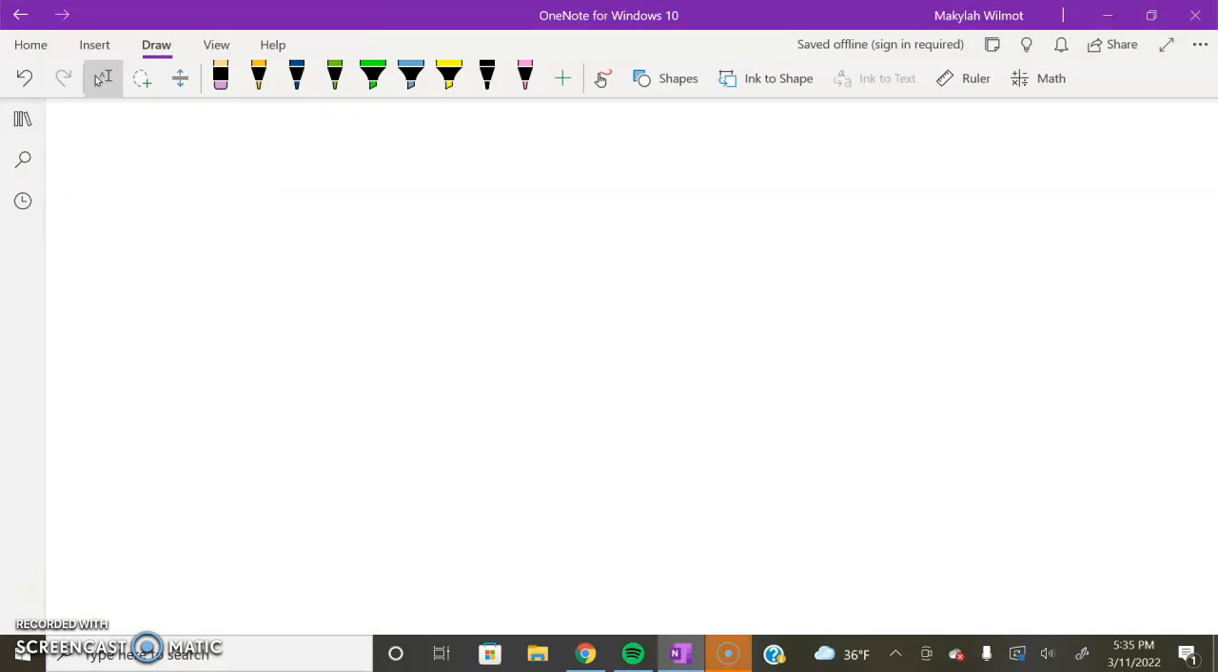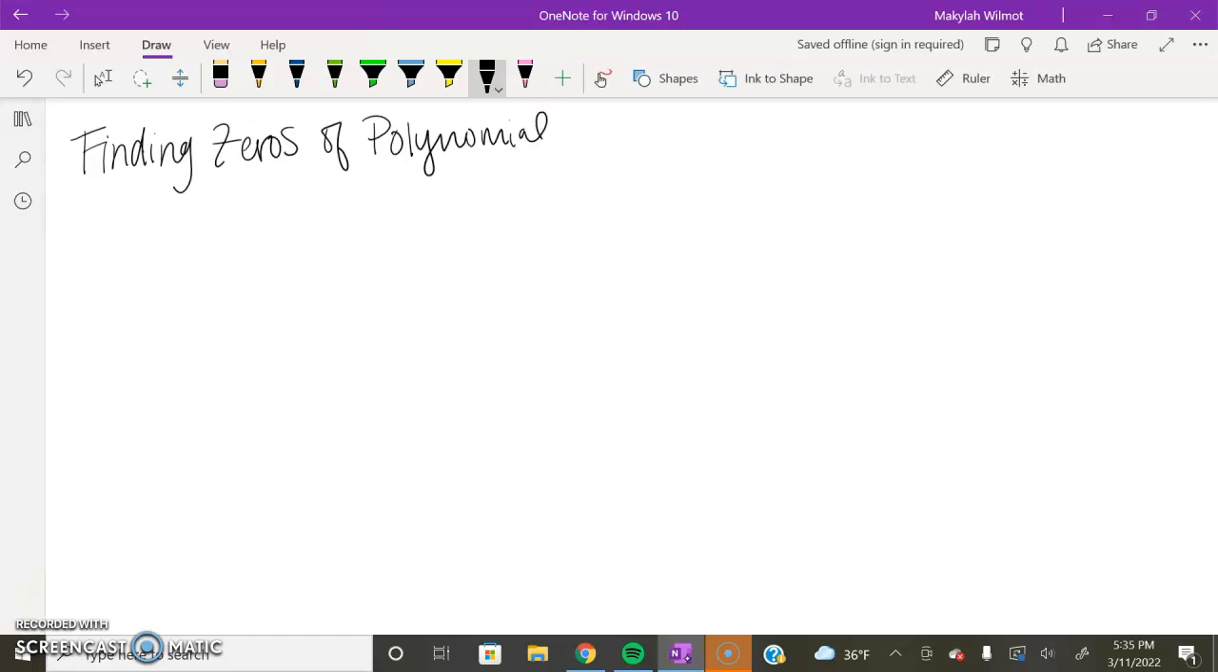Okay. So we just did factoring. So now we're going to be finding zeros of polynomial functions. Okay. So, pretty much, if we have a graph here,